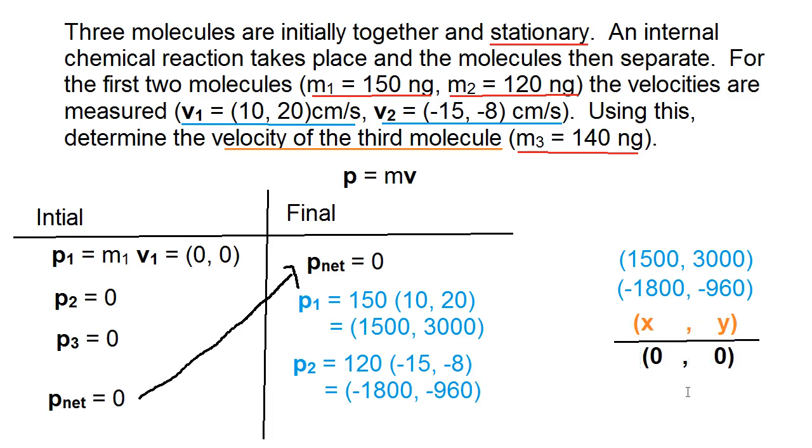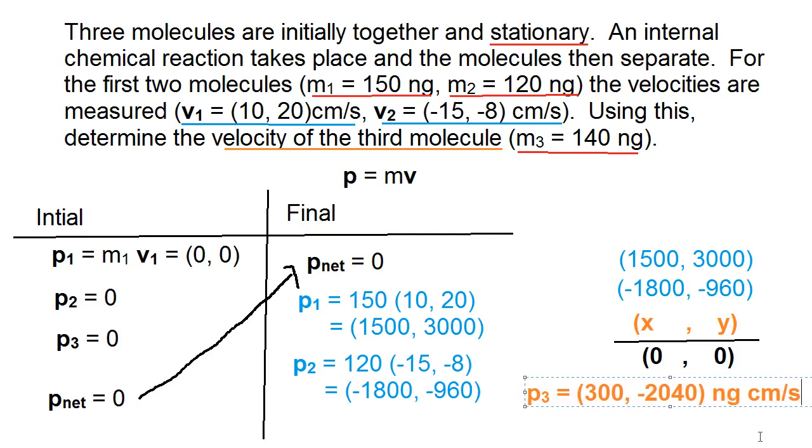So with this, I can actually find momentum number 3, just by finding x and y here. If you do a quick little bit of algebra, again, how you do it is up to you. Momentum number 3 needs to be equal to 300 in the x, and in the y, we're going to need negative 2040. All right, and again, this is, of course, in nanograms centimeters per second, because those were the units of my